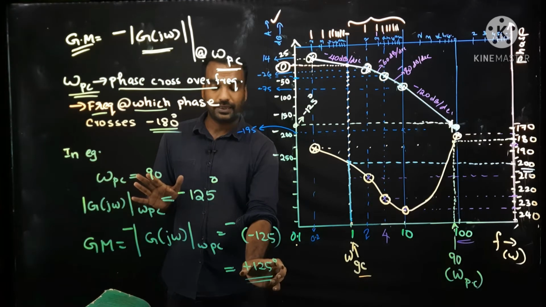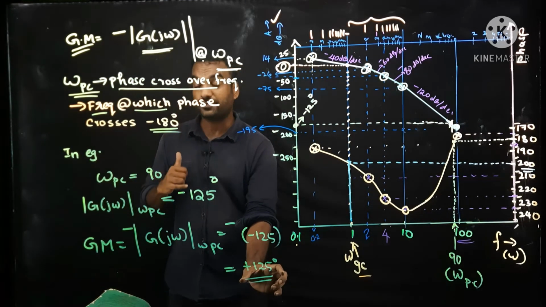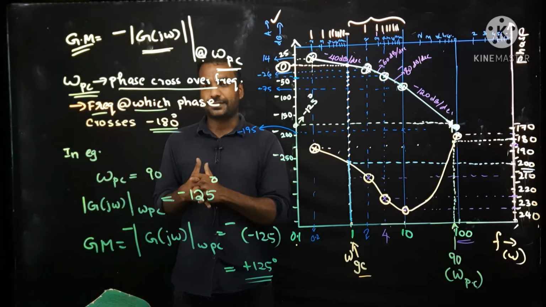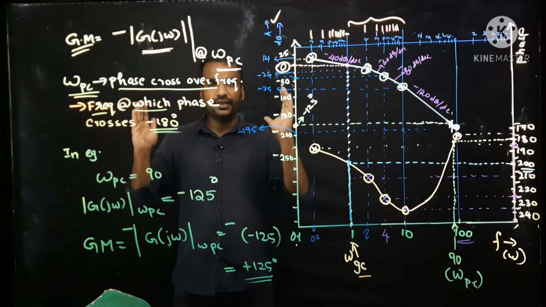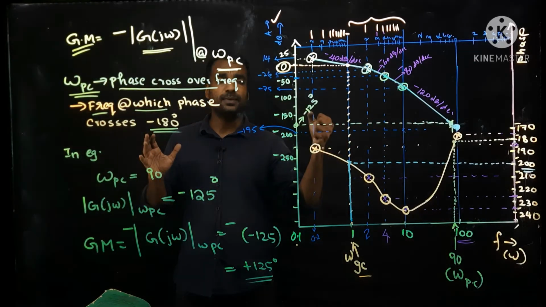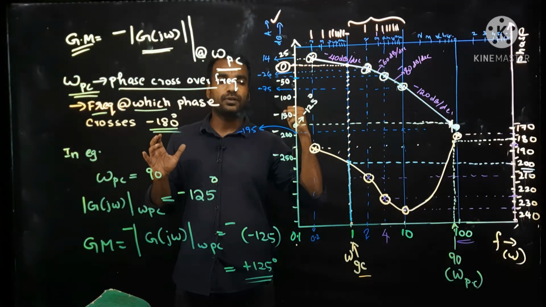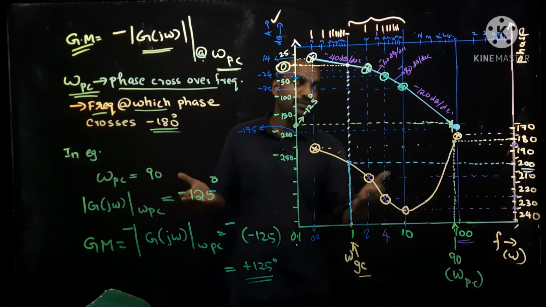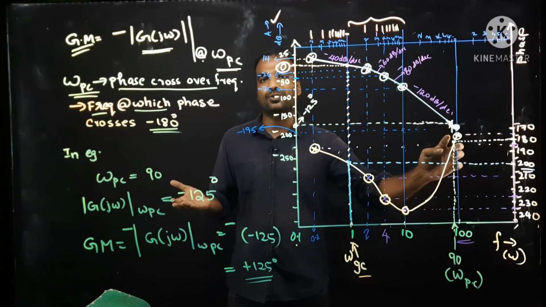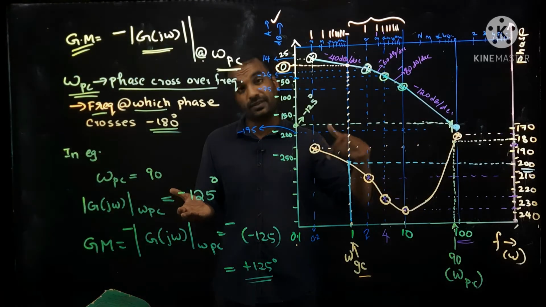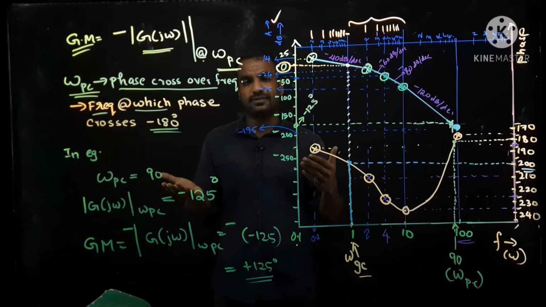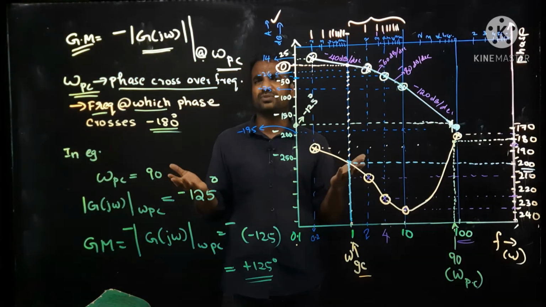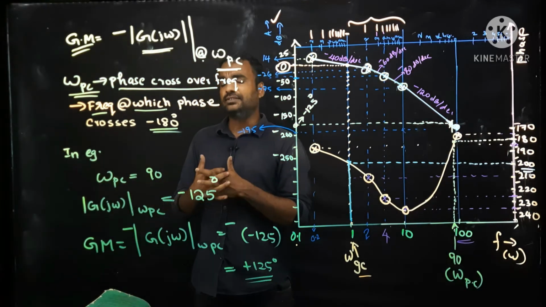We got gain margin as plus 125, and phase margin we already got in the previous exercise. So this is the concept of gain margin and phase margin. Now we know how to obtain these margins from the phase plot and magnitude plot. But in some cases we will not obtain the exact thing. In some cases the 180 will never get crossed, so you have to take that it will cross at infinity. Your answer will then be infinity or 0. Such things may also happen, so you can check other problems from simple textbooks like Nagrath Kothari.